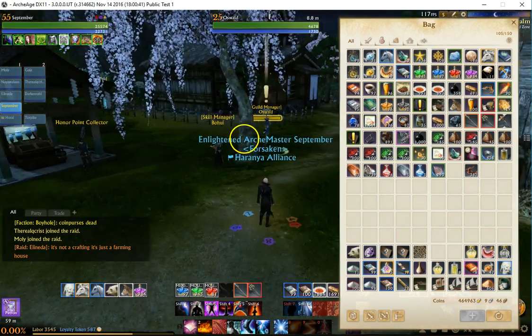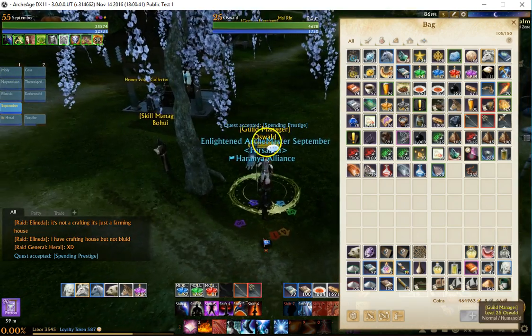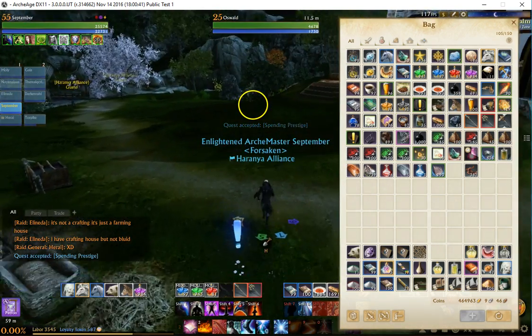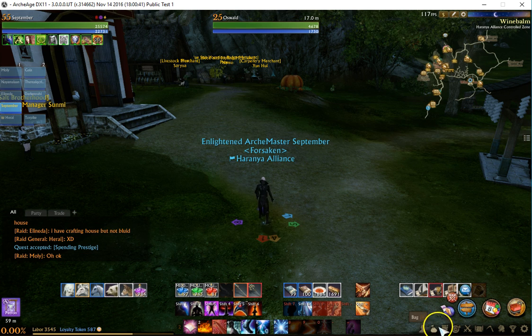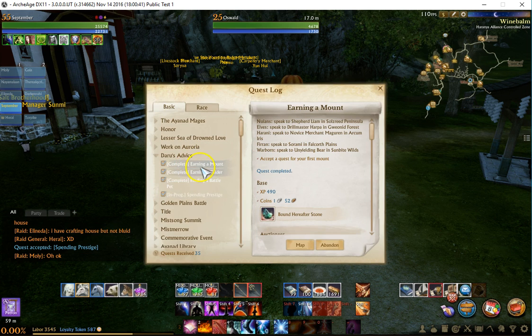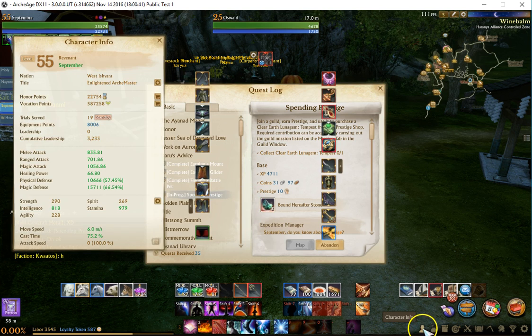Alright, okay, there's one last thing that I want to show you, is that there's these new guild missions from a guild manager, and the first time that you run across the auctioneer Daru, he gives you a bunch of quests for like get a mount, get a glider, get a battle pet, and then now I've got this spending prestige, and the award is collect a Clear Earth Lunagem Tempest, and it's asking me to buy the Tempest from the guild shop,